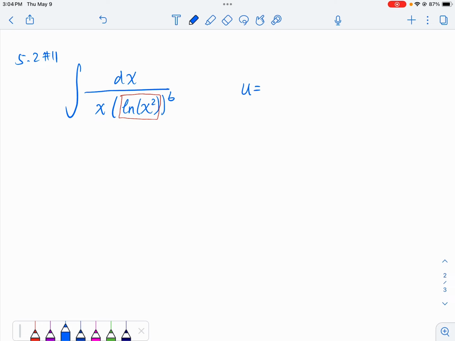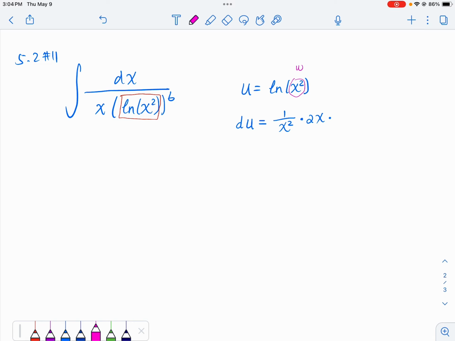So let's call u the natural log of x squared. Let's take a look at what du looks like. So du is, now this is my inner function, and natural log of my inner function, that's the structure. So when we use the chain rule, the derivative of natural log is, if you call this w, it will be 1 over w. So the derivative is 1 over w, which is x squared, times the derivative of the inner, which is 2x,